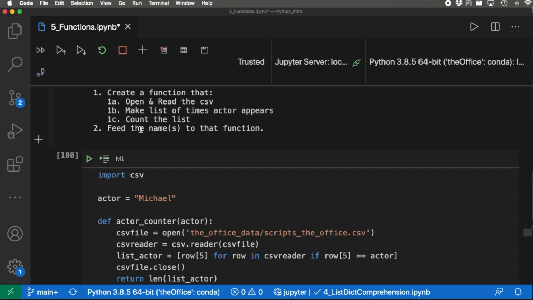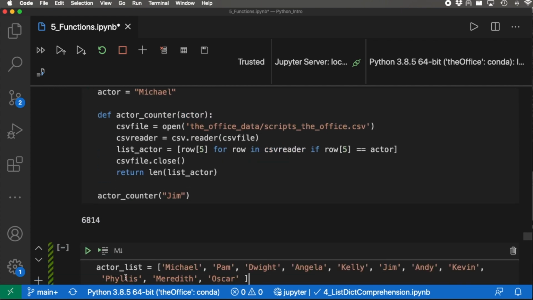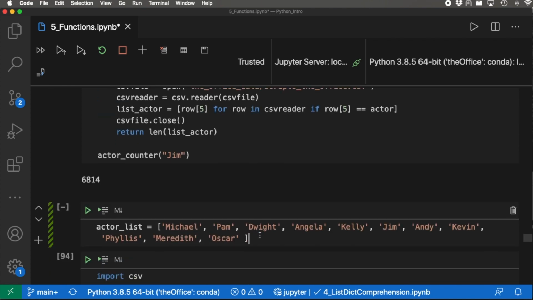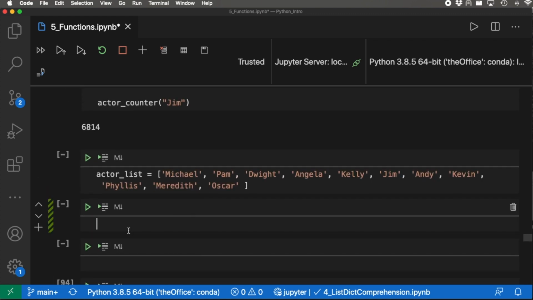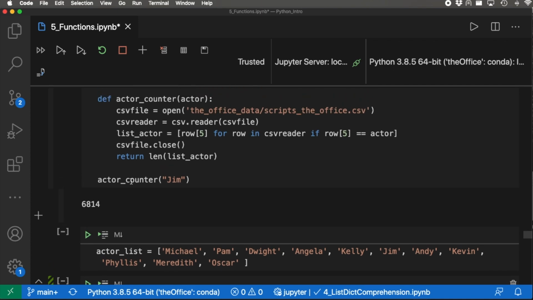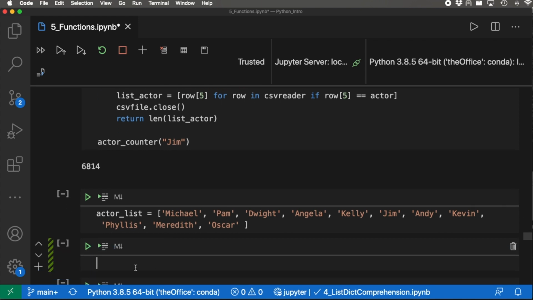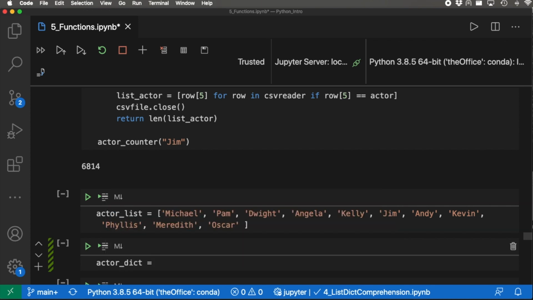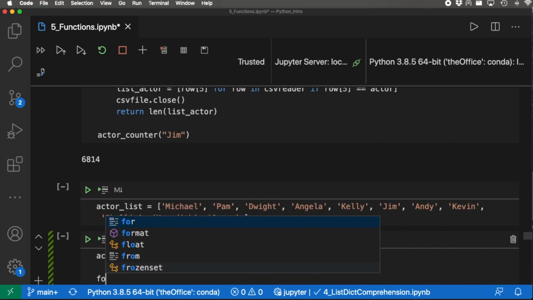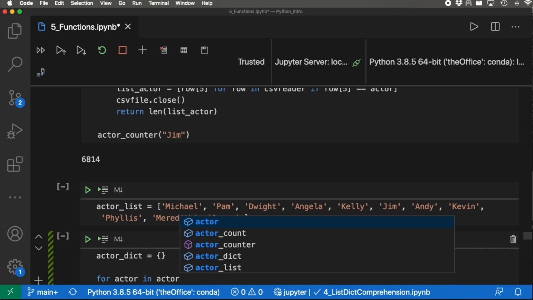So just to take it a step further, we say, hey, feed the names to that function. So let's say maybe we get a list of actors that we want to investigate for this. And what we could do is make a for loop, if you will, that cycles through this function to try out all of these different actors, and then uses these values as the key and assigns the value to the value. So basically make a dictionary of this. So let's say actor dict equal to blank. And then we'll make a for loop. So for actor in actor list,